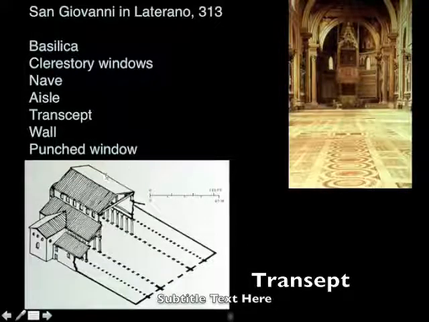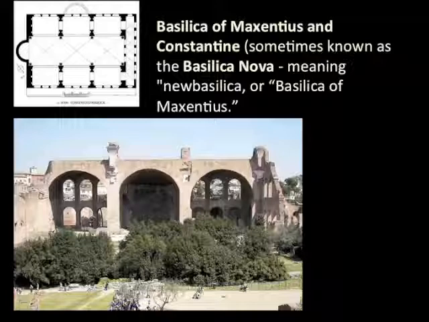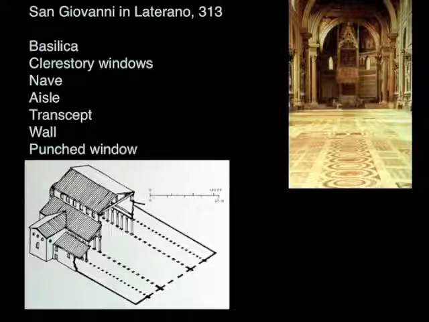So if you look at the architecture of these early Christian churches, like the church at St. John Lateran, you see something that looks really quite modest compared to things that we were looking at in the Roman work. For example, think of the Basilica of Maxentius with these enormous vaults, these great kind of heroic swoops of space. This is a modestly constructed architecture. This is a kind of bearing wall building with simple columns supporting the nave on the inside. Notice that the windows are not large, but they're just punched windows into the wall.